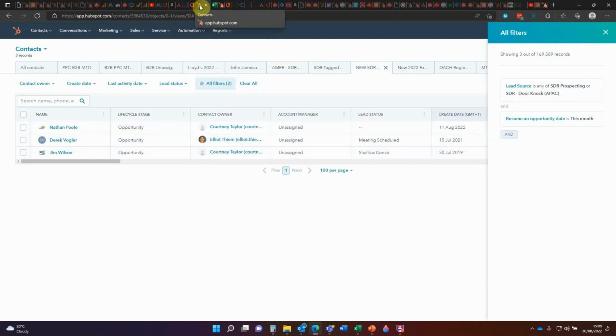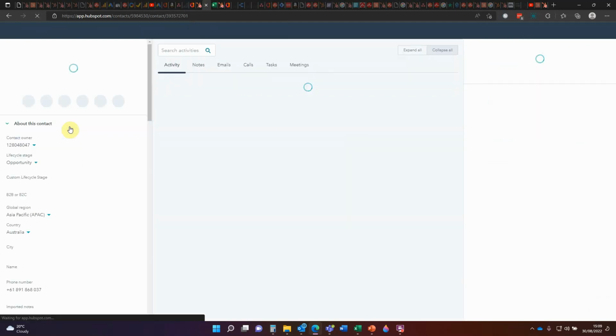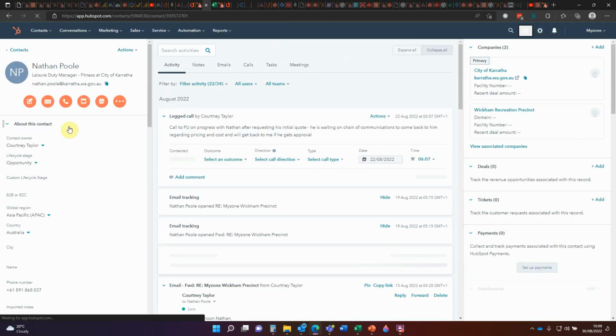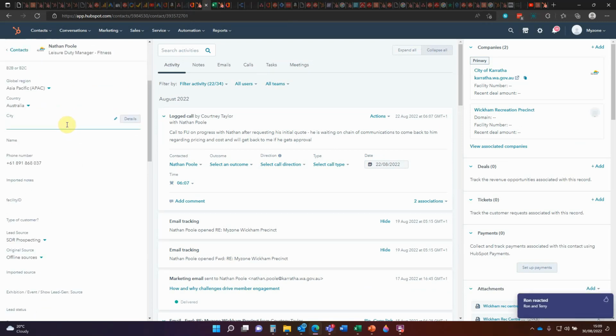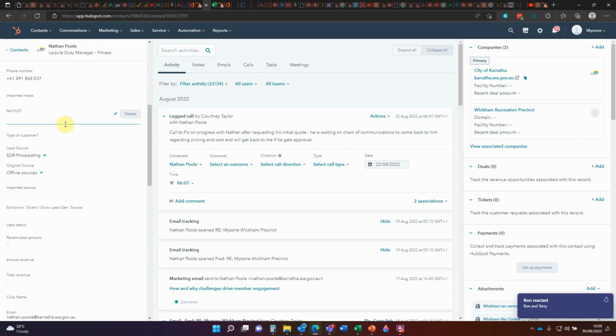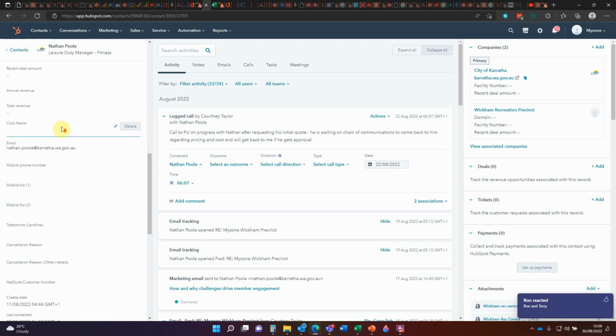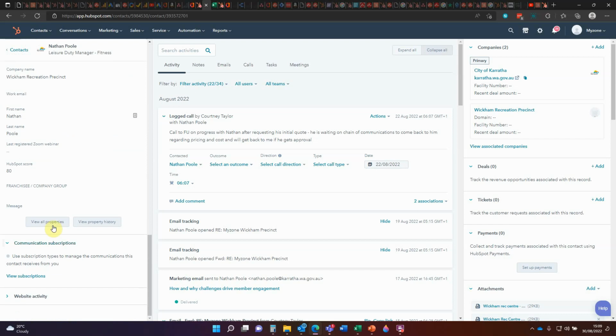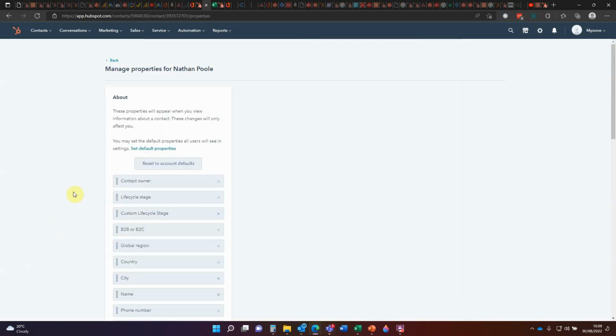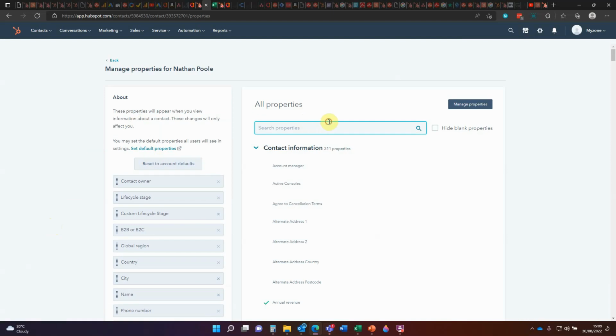Now, taking it forward another step, because phase 2 of this SDR tracking is obviously when the baton is passed between the SDR and the AE. The facilitation I've thought of for HubSpot on this is to nominate the account manager within HubSpot. So we obviously have a contact owner, but I think what we need to do is nominate an account manager field. So if we add that to our left hand side contact record,